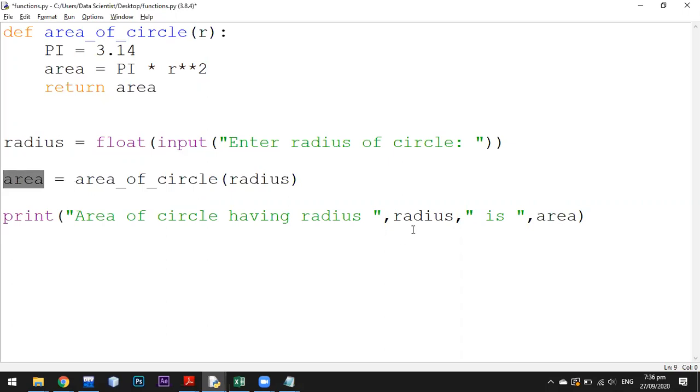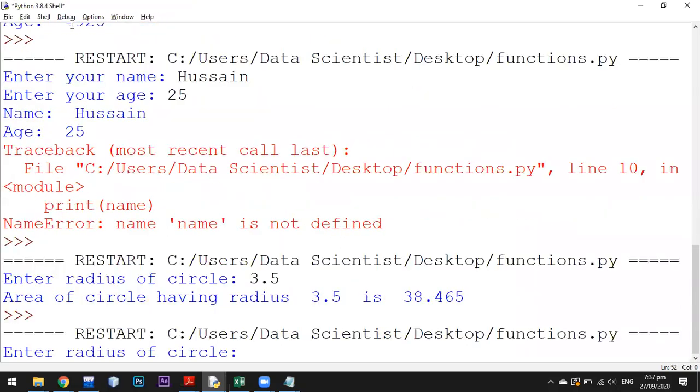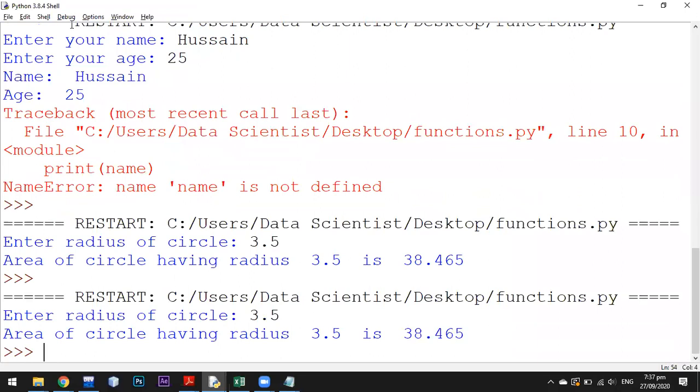So this radius is the variable which is outside the area function, so we cannot use this r from the parameter of the area of circle. Okay, and let's run that. I hope it will work the same. 3.5, and you can see that the output is the same.